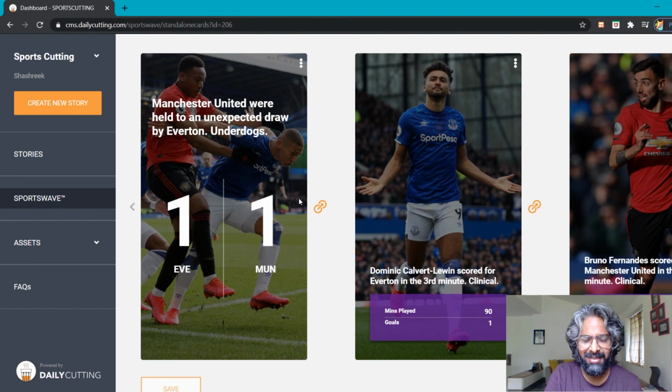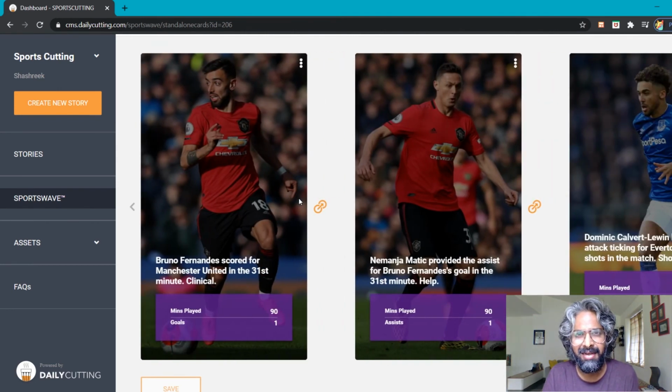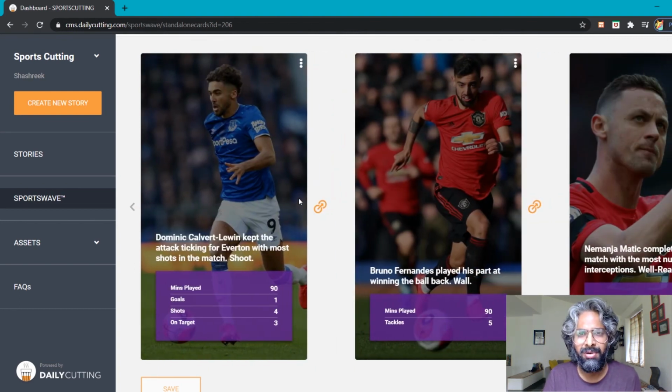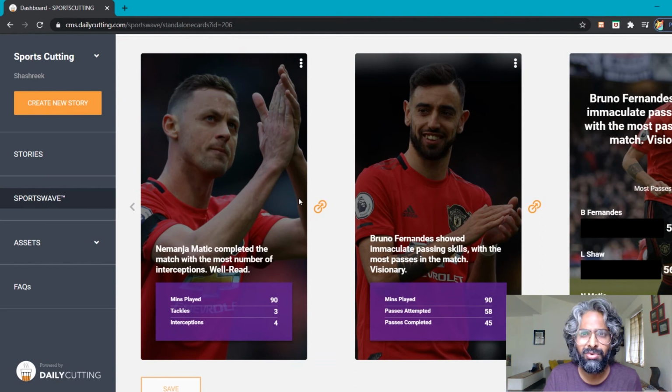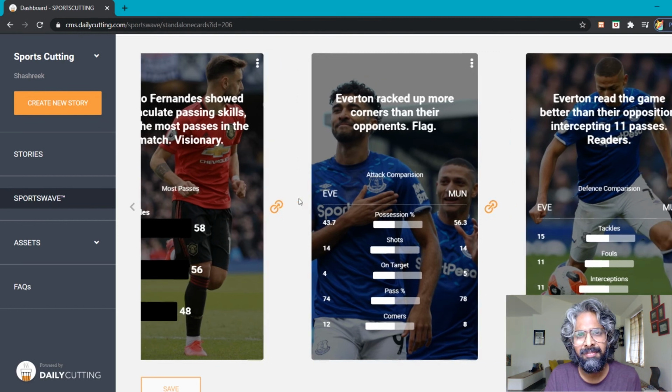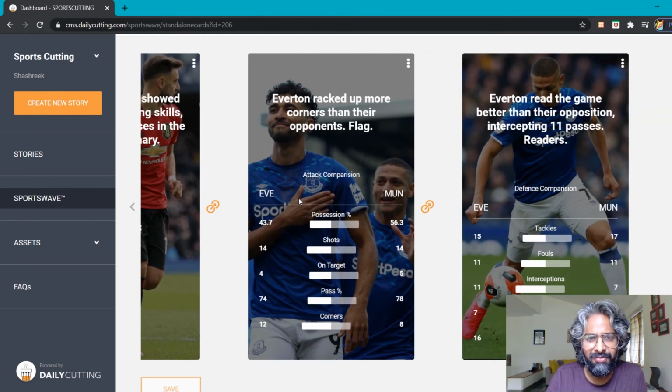So for every match, our engine essentially analyzes the live scorecard as the game is going on. It picks out talking points from what's happening, so goal scorers, assists, but also comparative stats, standout performances, and it creates ready-to-use infographics and lines them up for you, and you can just add these to your story. You probably have no idea how much time this actually ends up saving, not having to fill in data into tables. Actually, if you've worked in sports, you probably do know how much time this saves.